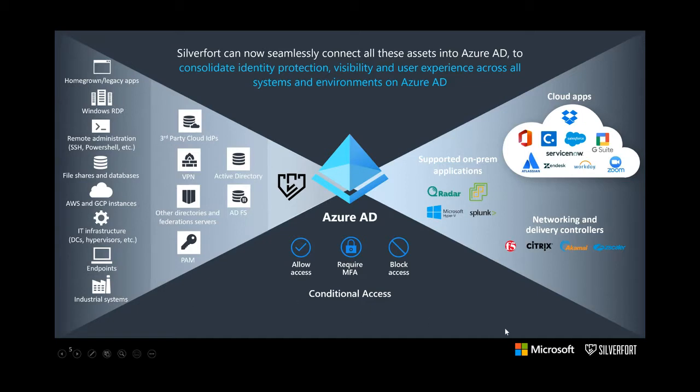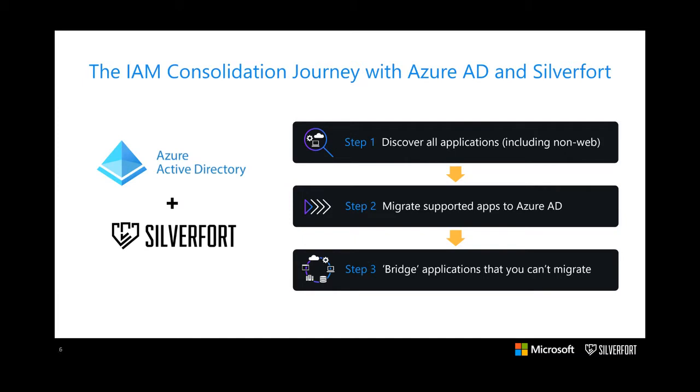And this journey actually includes 3 steps, which we built together with the Microsoft team. This was really a joint effort in understanding how we help customers throughout this journey. So the first step is discovering all the applications and systems you have across these different environments. We can connect with the different identity platforms. We can see what applications you have in Active Directory, or even other vendors that offer identity and access management. Then we help you prioritize and understand what can be migrated to Azure AD natively. We'll show you what the dependencies are, what are the applications that are being used more, so you can really